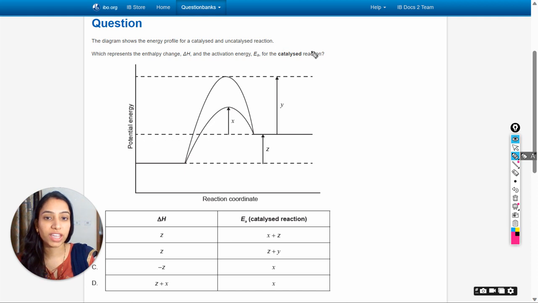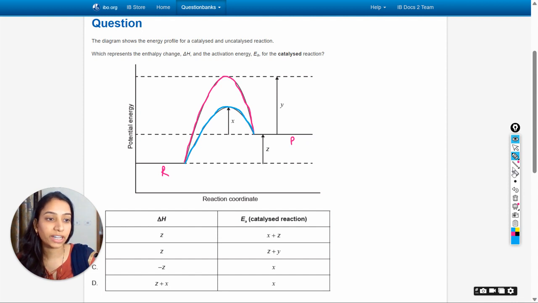The diagram shows the energy profile for a catalyzed and uncatalyzed reaction, which represents the enthalpy change and activation energy for the catalyzed reaction. So generally we draw the line on the left side for the reactants R and on the right side for the products P. And this pink line shows the reaction from R to P or from P to R, and this blue line